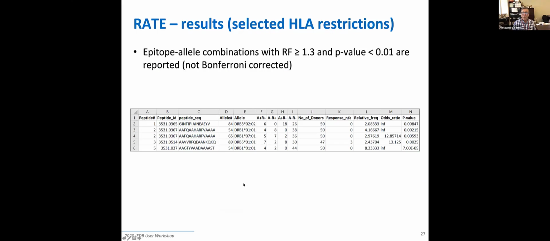But the more frequently used reporting format is this one, where results are filtered to give you only things that have a significant p-value, even though this is not Bonferroni corrected. So if you want to have significant values with a Bonferroni correction, you would have to do it on your own. But so in this particular case, for example, you see you have this particular peptide in the context of